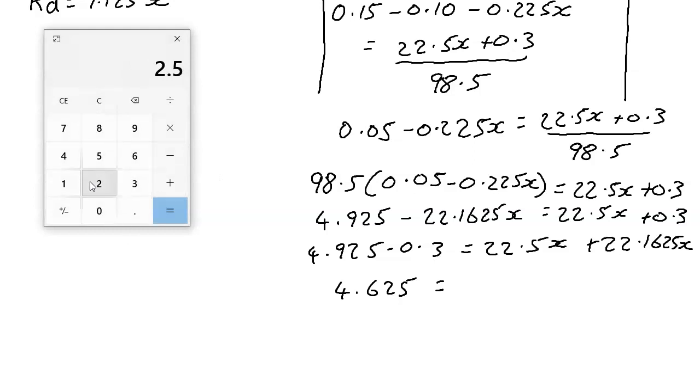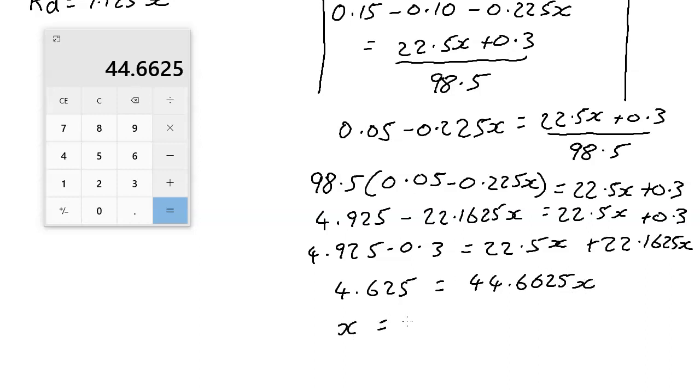Which is equal to 22.5 plus 22.1625, which gives 44.6625x. Now, x is going to be finally equal to